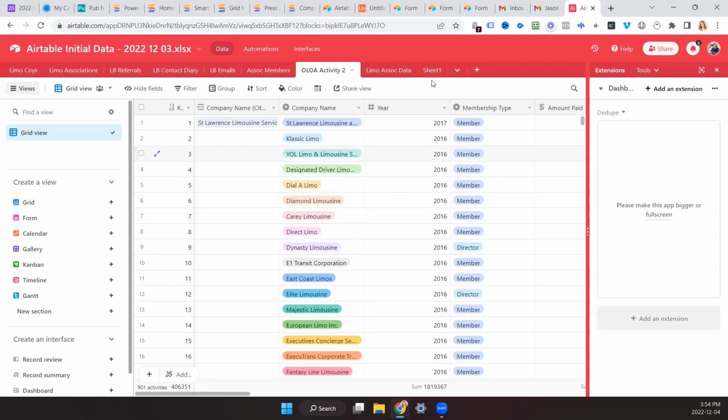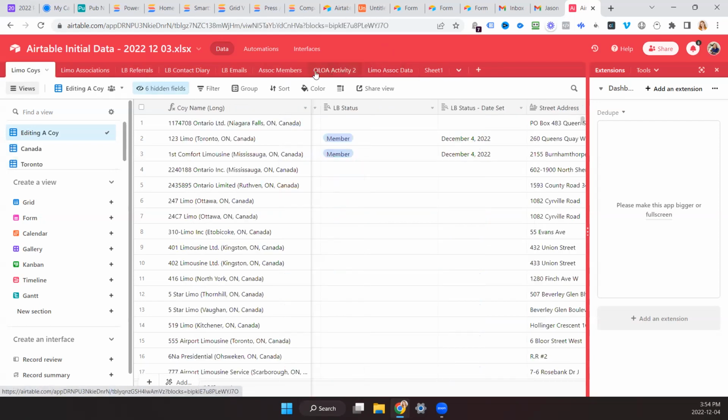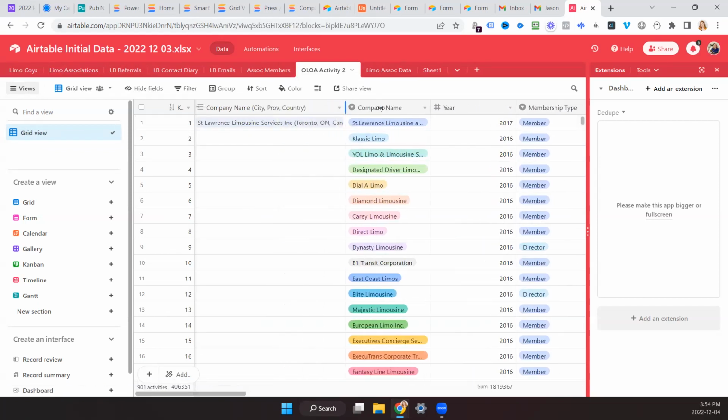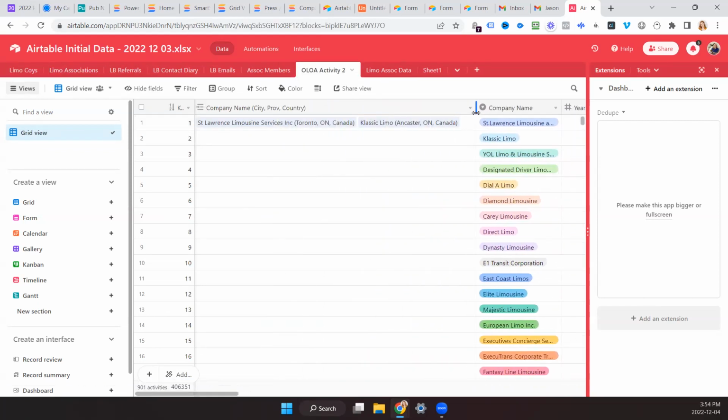What formula? If you go to company name, the second column. Sorry. Company name. Well, it was a formula in there, but now it's a linked record.